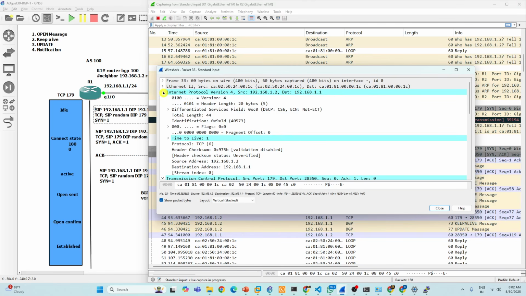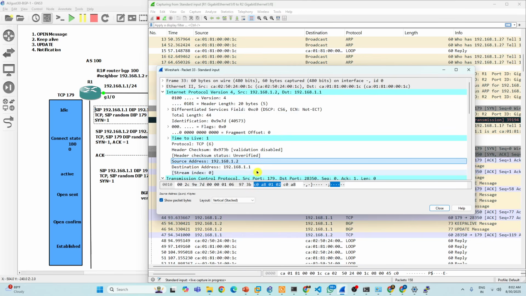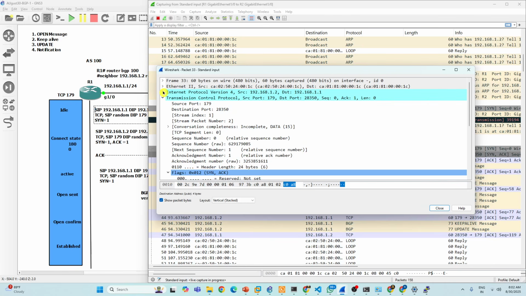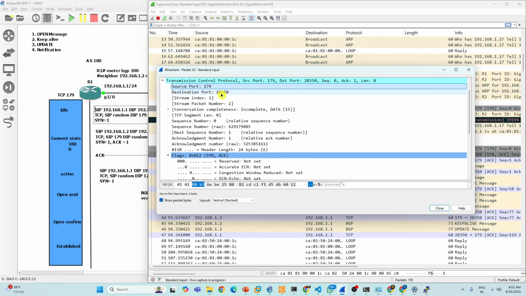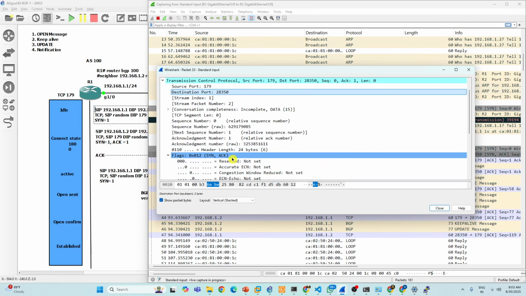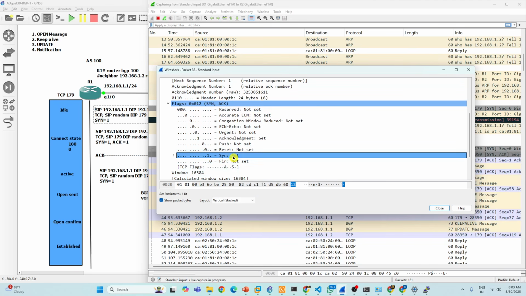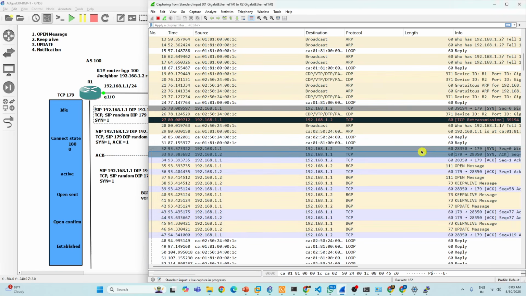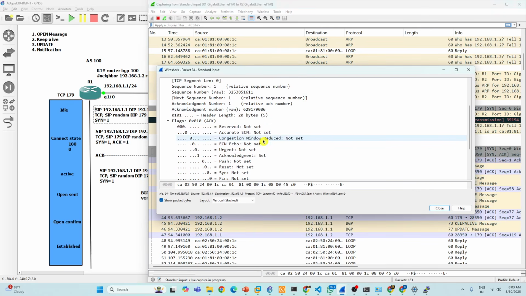See, 1.2 is R2, responding to R1. The source port is 179. It is responding with a SYN-ACK flag. Now after that, R1 will immediately send an acknowledgement.